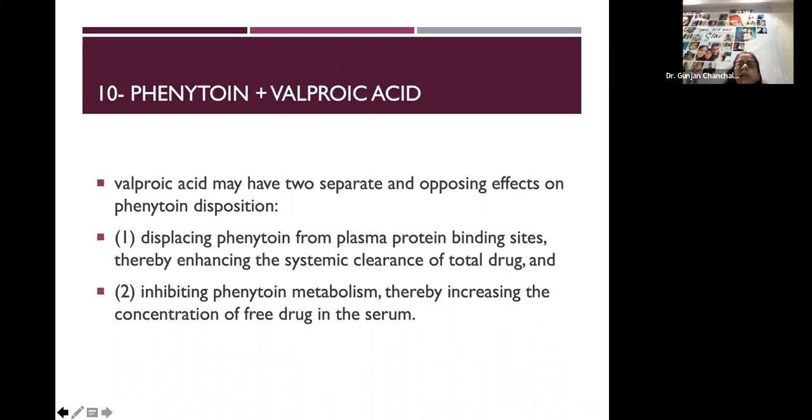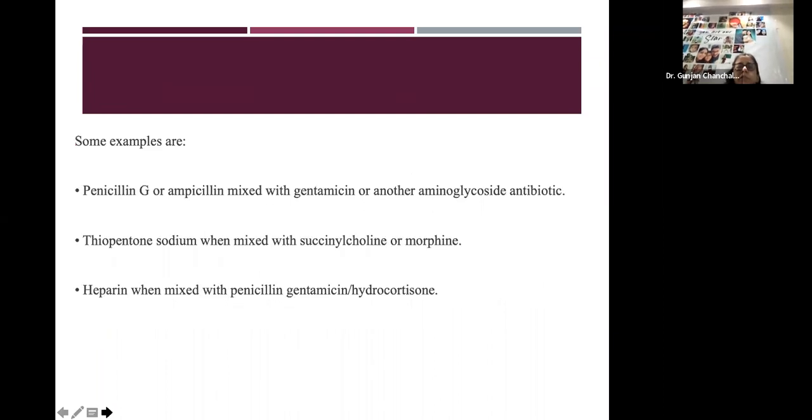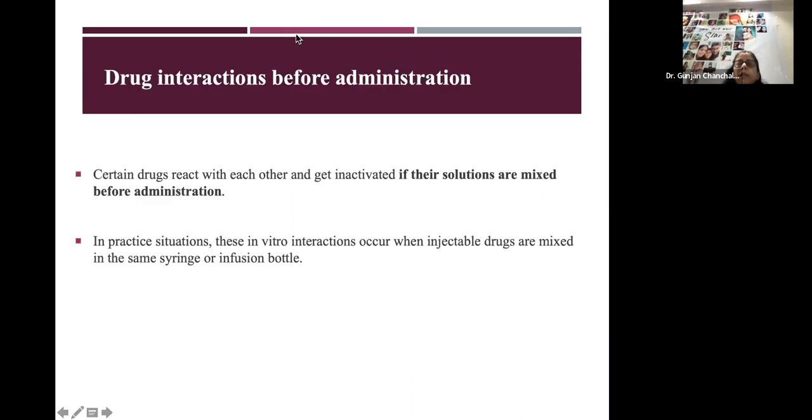Now these are the 10 most common effects that I told you about. What was more surprising is the interaction before administration, the drug compatibility that we talk of. In vitro drug-drug interactions are drug interactions which happen before administration, also known as drug compatibility. Certain drugs often react to each other even in vitro, when we dilute them